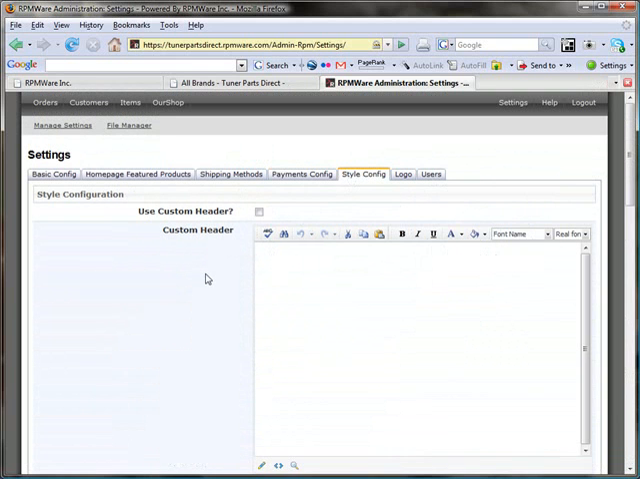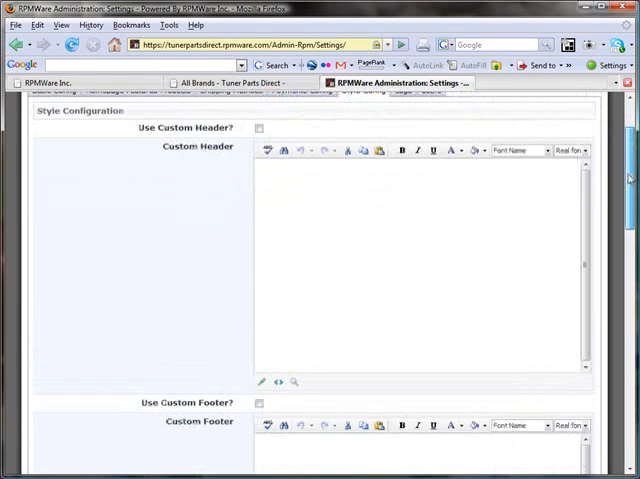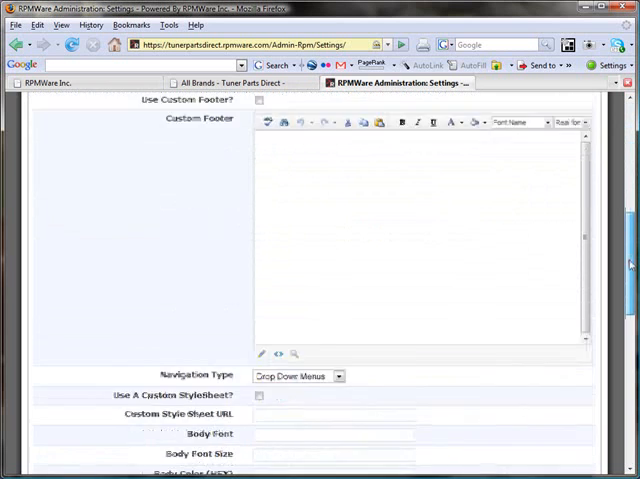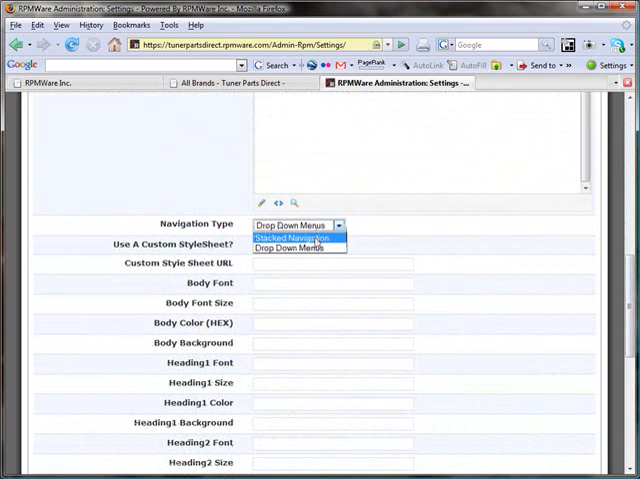Style. Every site is completely customizable. Your site will not look like the other RPMWare sites if you don't want it to. We have a ton of options in here. You can do custom headers, you can do custom footers. We have 2 different navigation styles. I'll change this to stack to show you the stack navigation style. We're going to use a custom style sheet,